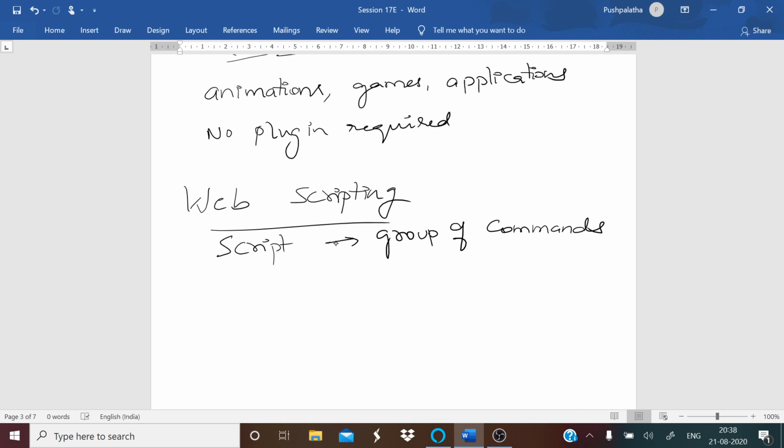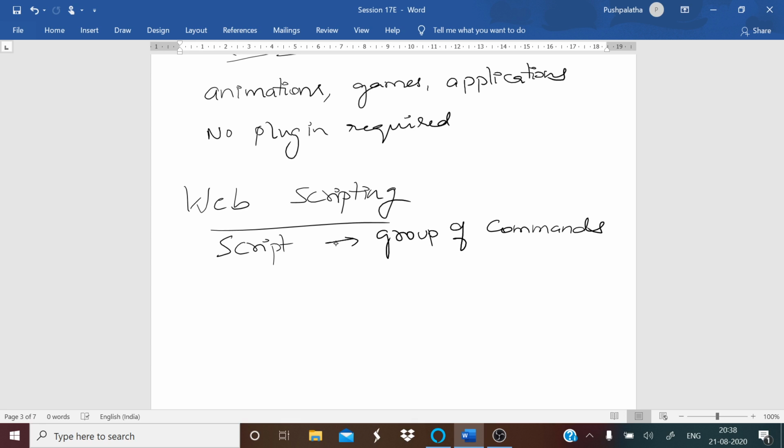So script may be written for a variety of purposes using scripting languages. So this will be interpreted and automatically executed by the program or the script engines. So environments that can be automatically done through scripting means software applications, the web pages within a web browsers, all those things.